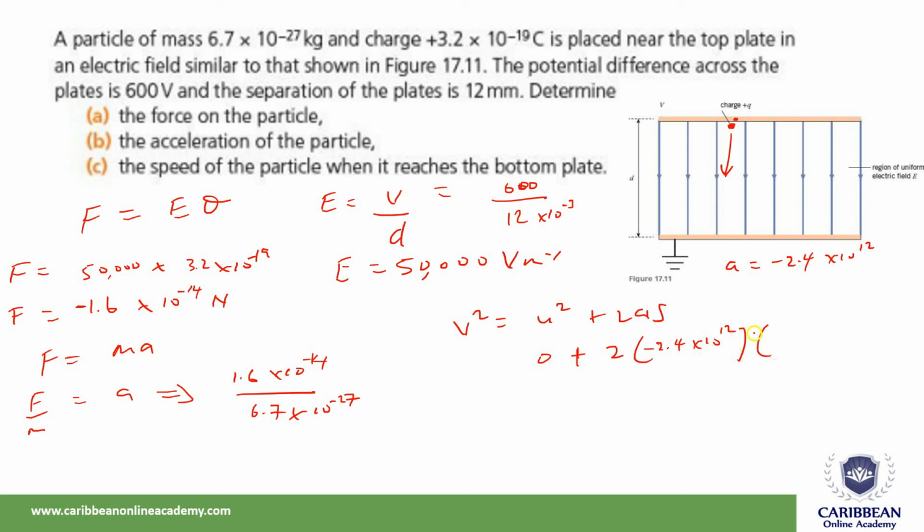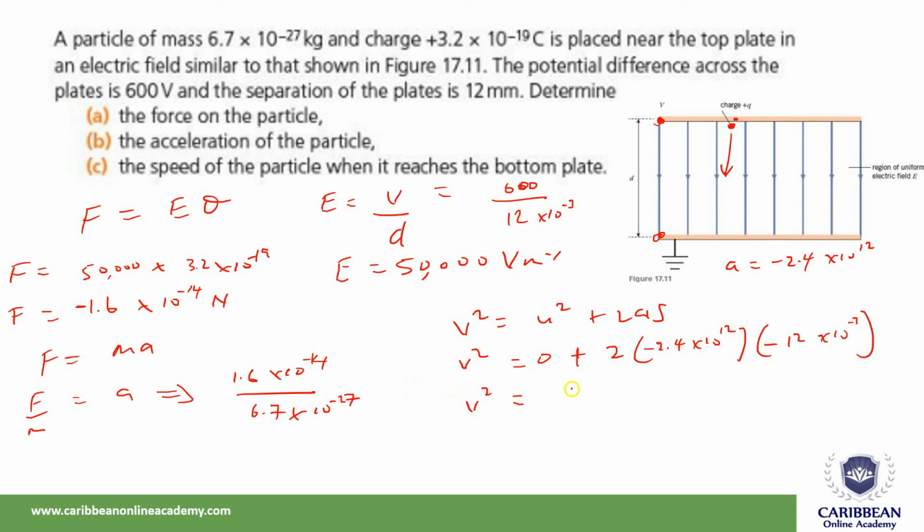Times the distance, which is going to be negative, because whenever we're dealing with distance coming from this standpoint down vertically, it's going to be negative 12 times 10 to the minus 3, right? So if we work out all of that, we can find the V squared, and then obviously we can find the V. So 2 times, negative times negative is going to give you a positive, so we don't have to put that in the calculator. But 2 times 2.4 e to the 12 times 12 e to the minus 3, I get that